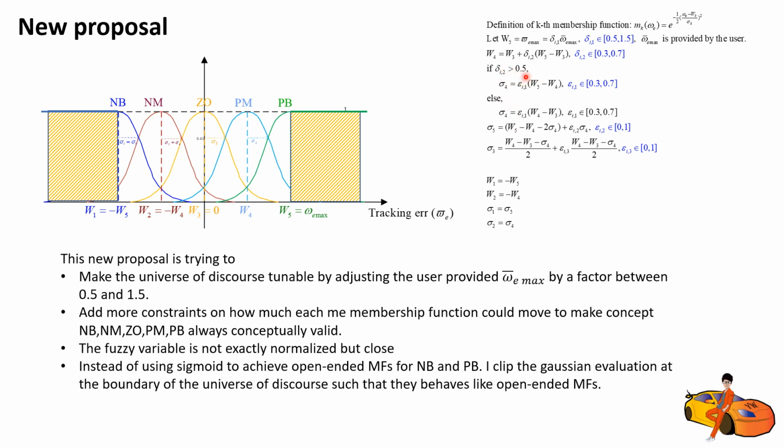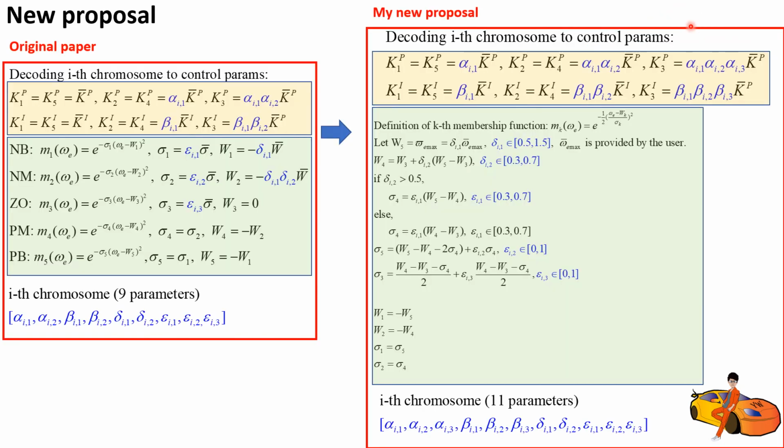So in this case, if it's closer to W5, I basically figure out the spread of this. Actually, even before I talk about this, I also changed the format of the membership function. If you see the membership function that was used in the paper, it's actually this format, and I changed that to this one. The reason is that in this format, this sigma does not really have a lot of physical meaning. But in this format, the sigma is actually